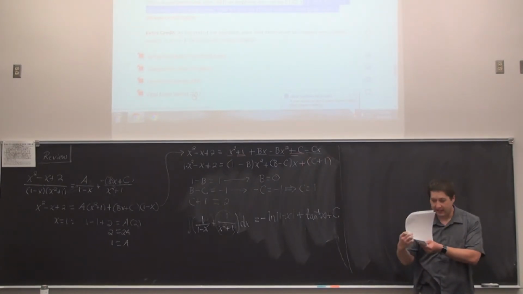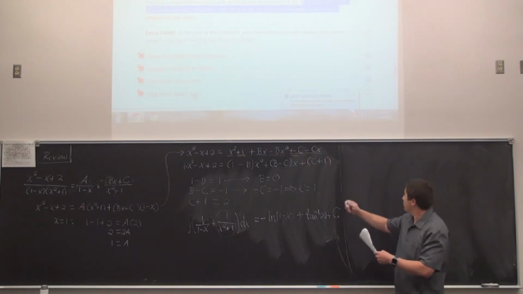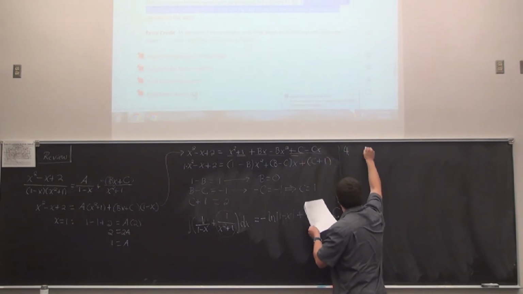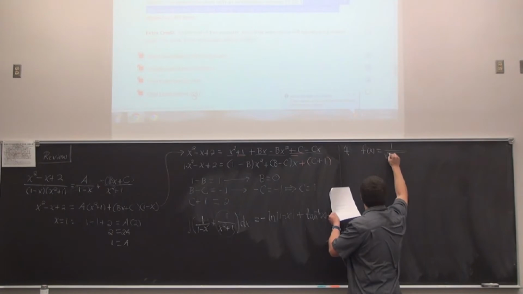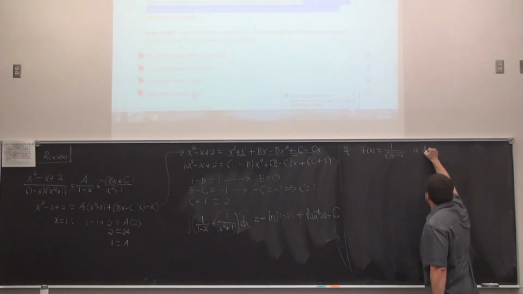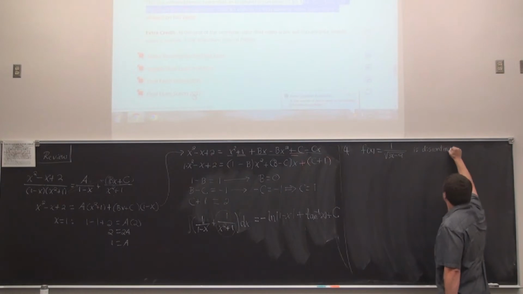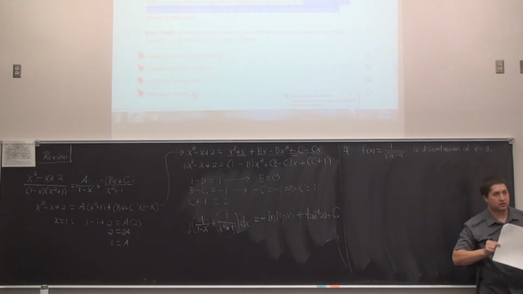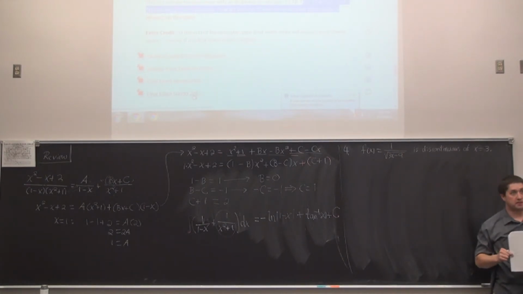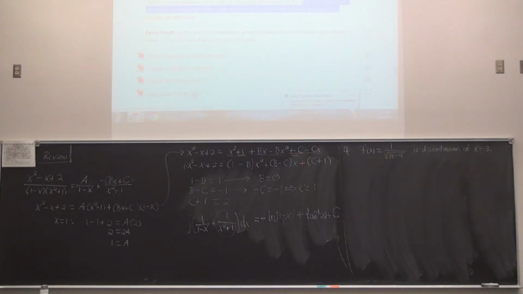Exactly. If you try to evaluate x at 3, we'd be dividing by 0. So that's the whole problem with this one. So we can say for problem number 4, f of x, which is defined to be 1 over the square root of 3x minus 9, is discontinuous at x equals 3. But since x equals 3 is part of the lower limit of integration, we cannot use the fundamental theorem of calculus on this integral. The fundamental theorem of calculus requires continuity on that closed interval. But that's okay. We can still possibly evaluate it by doing the method for the improper integral type 2.